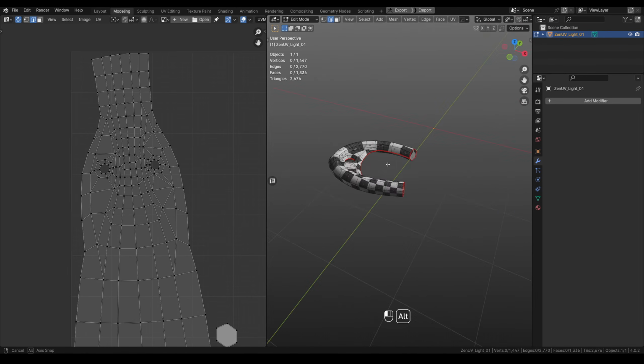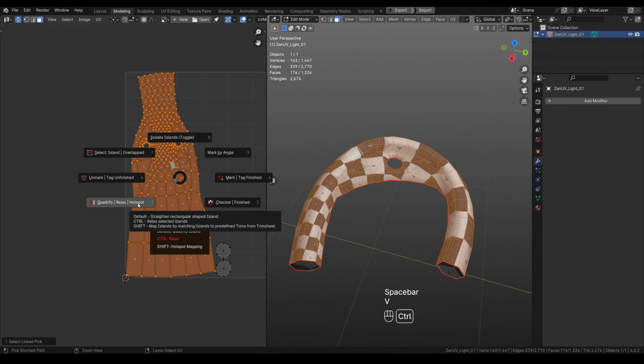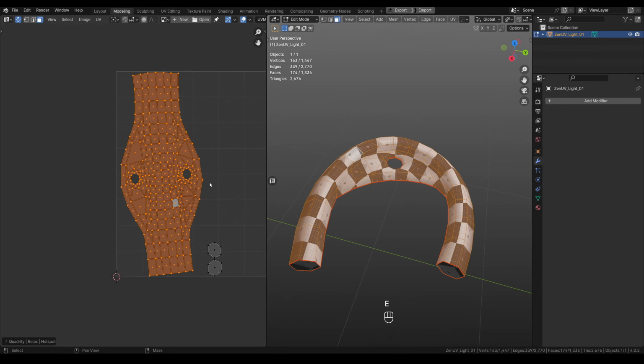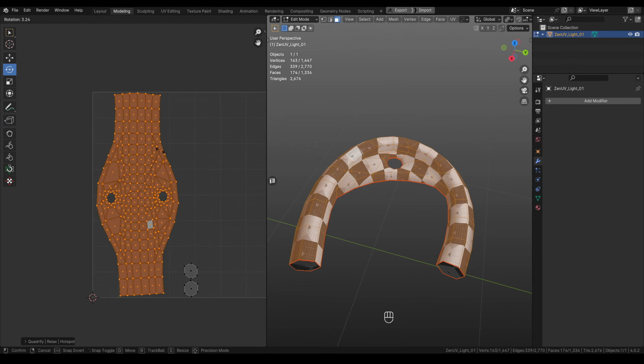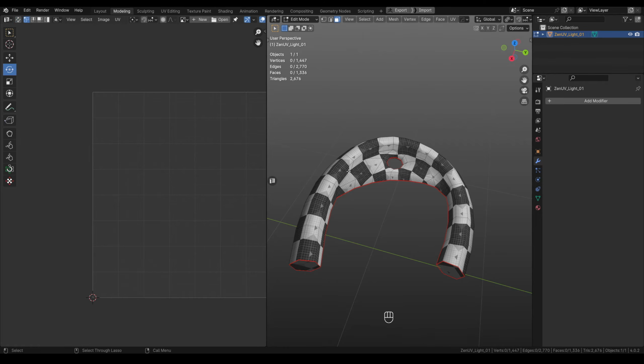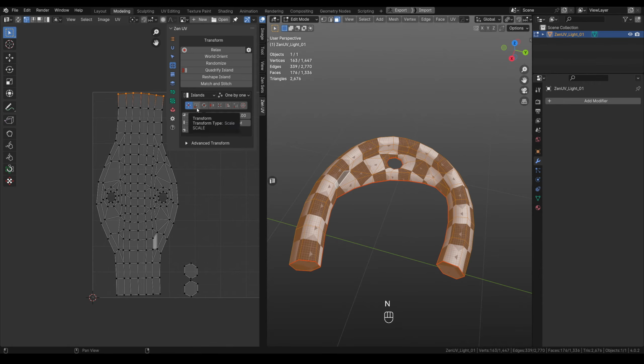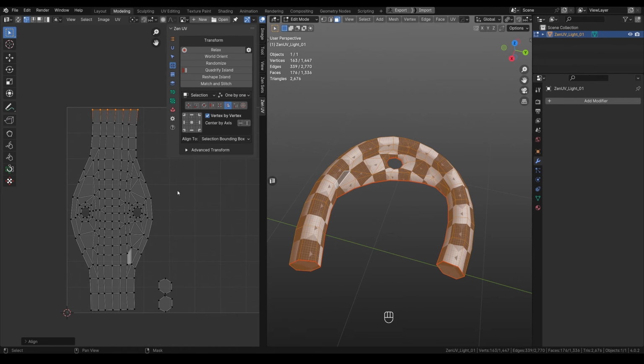I'm not very happy with the result of this island, so let's use Zen Relax. Pie menu, hold Ctrl key, Relax. This is much better. Sometimes I need to work with individual vertices. To do this, you need to turn off UV sync mode and select a part to edit on the model. I want to align the selected vertices horizontally. Go to the Transform panel, select selection mode, Align tool, vertex by vertex option, and align vertices horizontally.